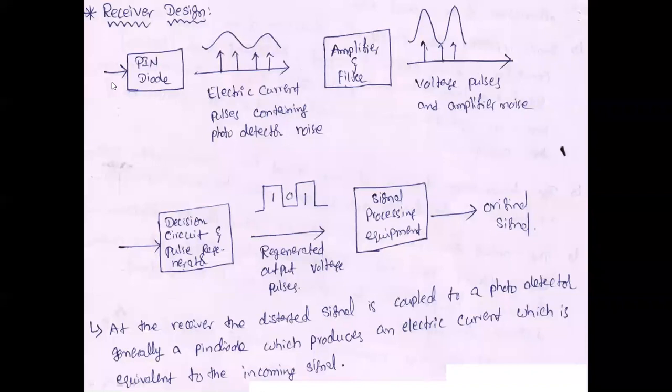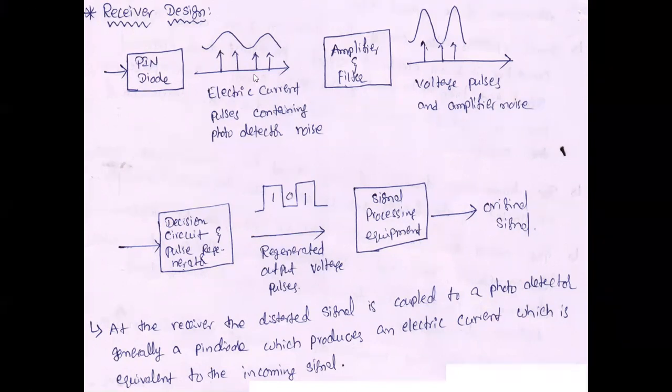The input signal is an optical or light signal. The pin diode takes the optical signal and converts it into electrical pulses. See the shape of the pulse. We know from the first unit, at the time of the modulation technique, internal or external modulation, whenever the light is on, either LED or laser, it is 1 in the digital format. Whenever the light is off, it is shown as 0.